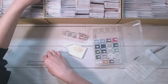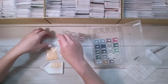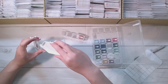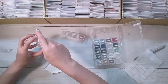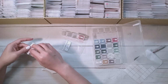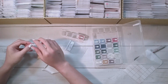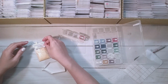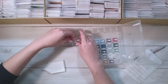$7.45. Okay, I don't know why I separated these out. They look pretty much the same. I wonder if this is removable. Some of my labels, they come with storage, and if they're removable, is a different story. And I'm just going to move this here. And then I have an extra bag for